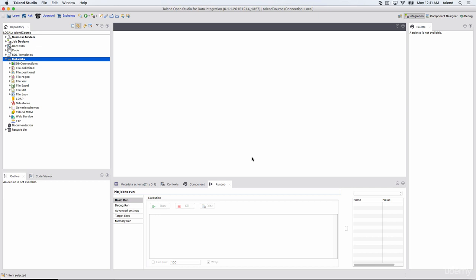So what is a context and what is a context variable? Context is nothing but, when we design these jobs, we execute these jobs in different environments. Let's assume we have a job A and we designed it in the development area. But then after developing it in dev, we test it, and then once testing is done, we move the job to UAT, and then after that to production.